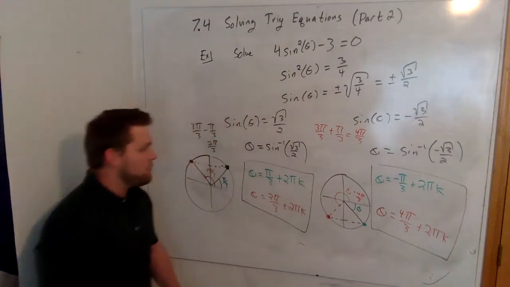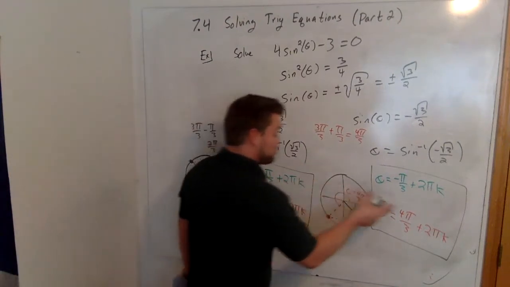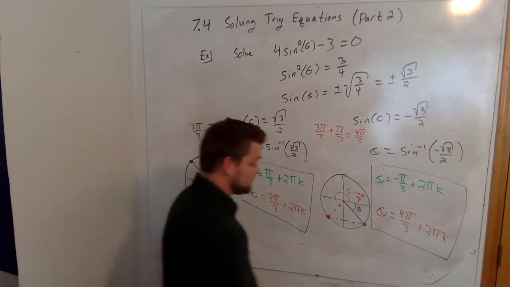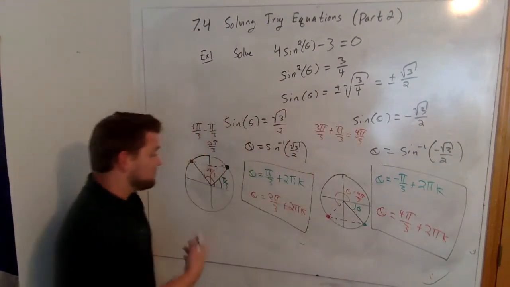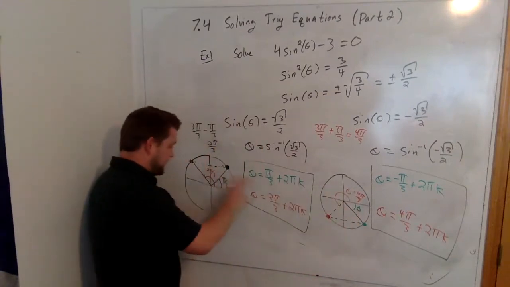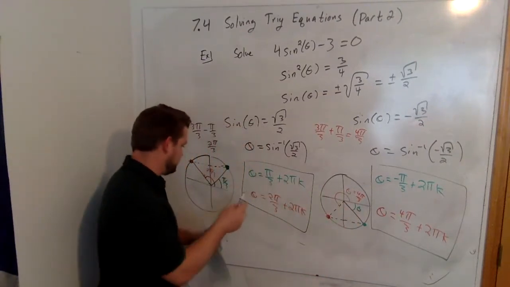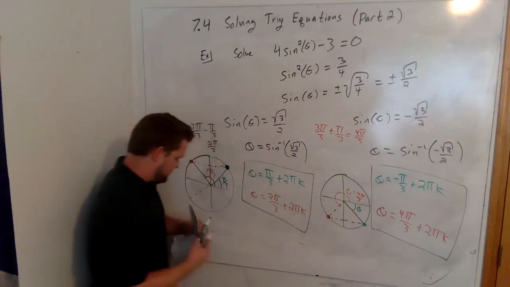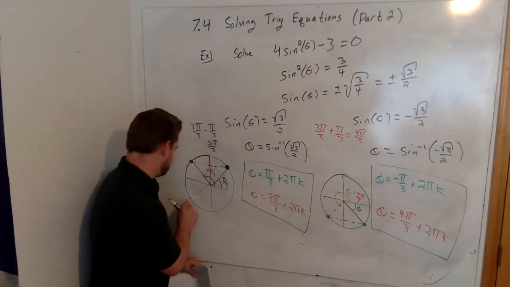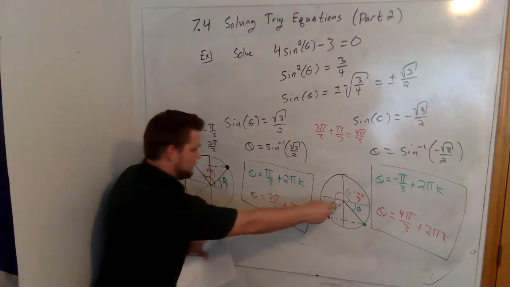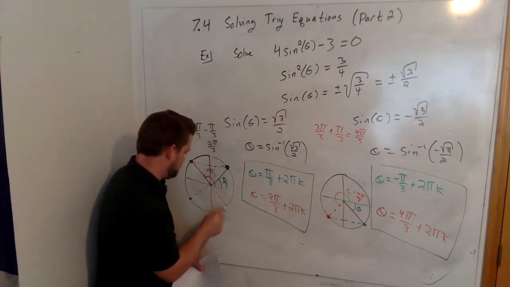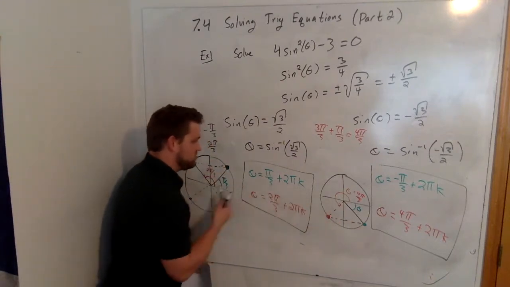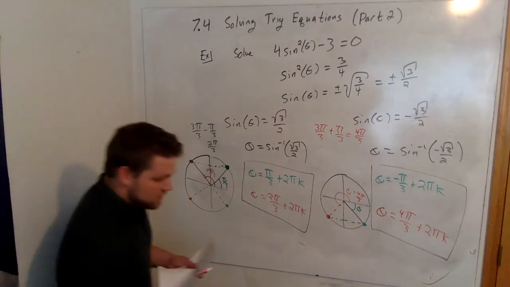But what I would like to comment is, while this is a correct solution set, there is a nice way that we could condense this specific solution set. And if we look at the unit circle, hopefully we can see if we put these together. Here's that other red solution right here, and we also have this other green solution right here. So I'm going to condense these two unit circles together. Well, notice